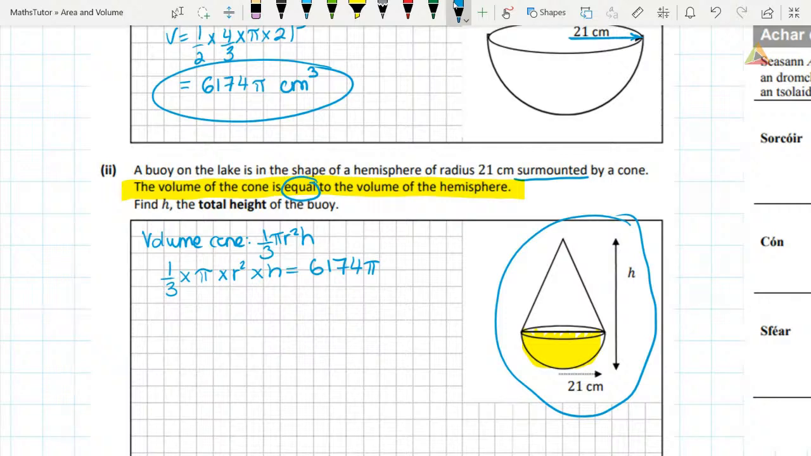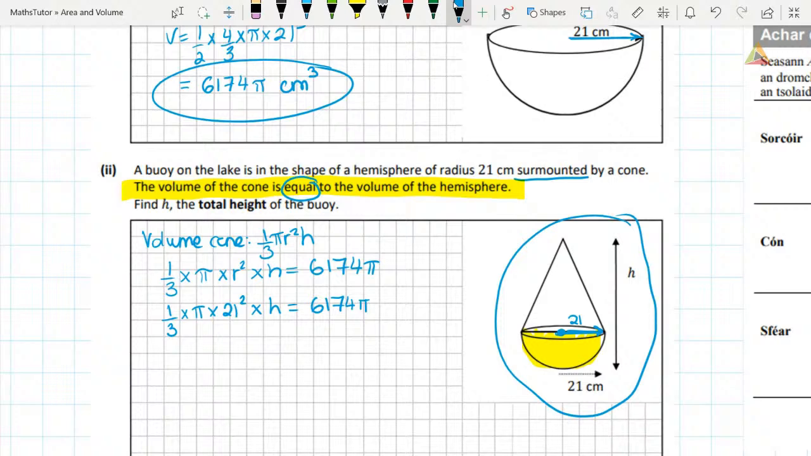And I'm going to see what I can fill in. So when I look at the cone, it looks like I haven't been given any information. They haven't told me the height, and they haven't told me the radius. But when we have a cone sitting directly on top of this hemisphere, it means that the radius of both of them has to be the same. So the radius of the cone is also going to be 21 centimeters. So I can fill that in for the radius. So 1/3 by pi by 21 squared by, I haven't been told what the height is, so I'm going to leave that as h, is equal to